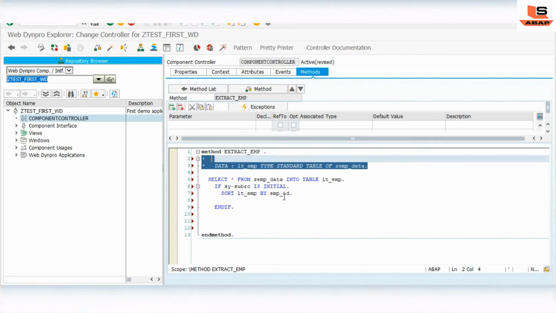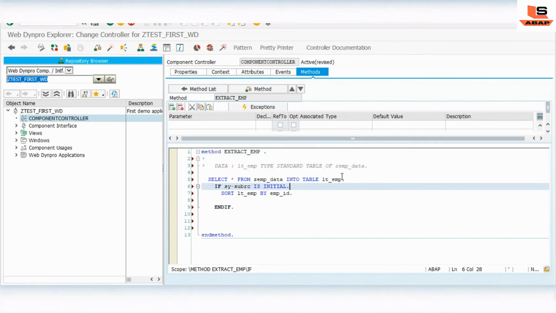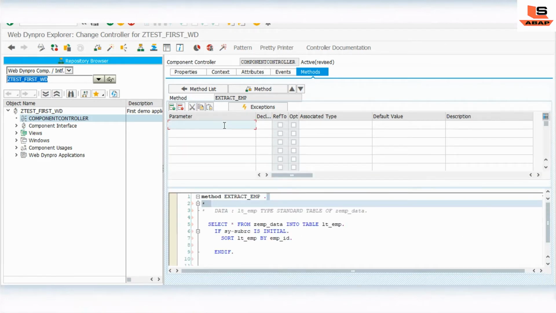First of all, let's cancel this, and here we need to define an exporting parameter, because we are going to send back some data from this method. We define here emp data, and for the type I will give emp tty.